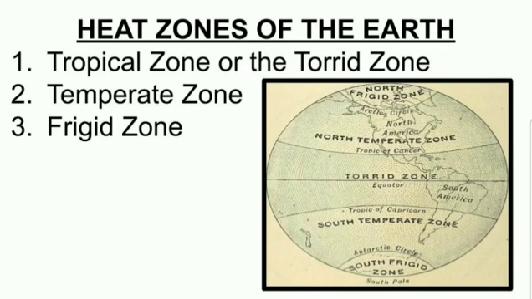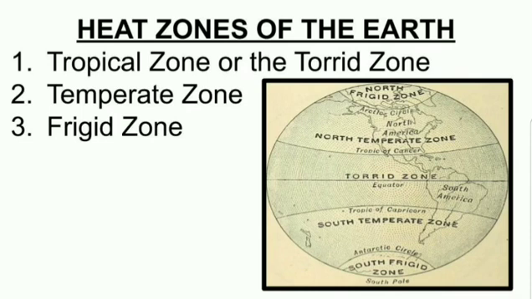And so now you understood the polar region. These are called as what? Polar region. Which region is called as polar region? The frigid zone, because they receive minimum solar energy. They are called the polar region, they receive minimum solar energy and it is the coldest zone. So here I have explained to you the heat zones of the earth.